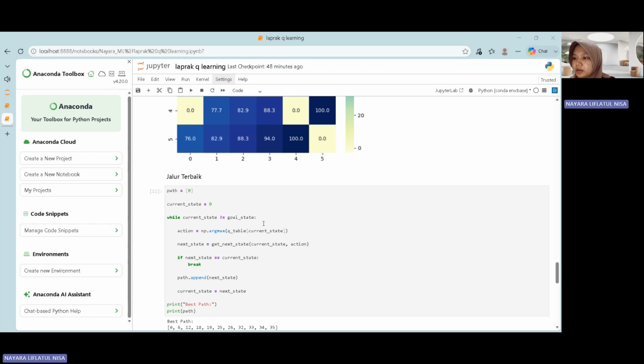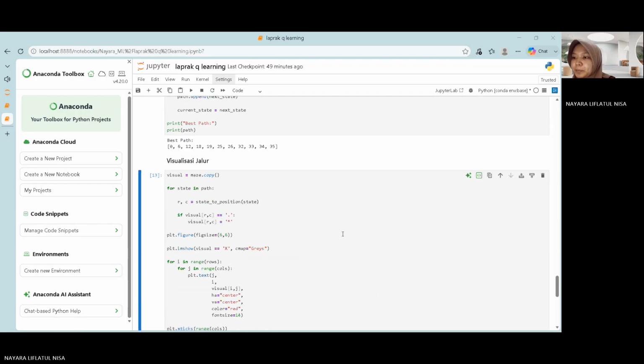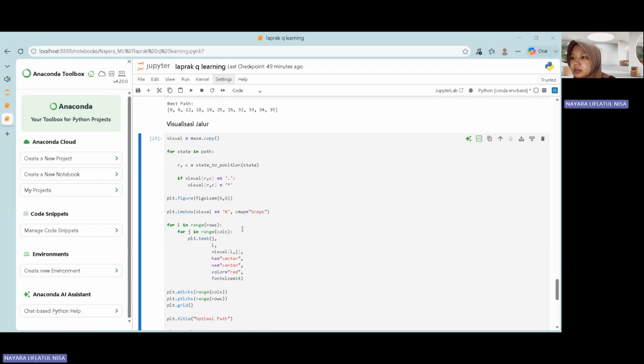Next is the best path. Using the trained Q-table, the agent selects the action with the highest Q-value at every step. As a result, the best path found is from state 0 to state 35, successfully reaching the goal. Next is optimal path visualization.